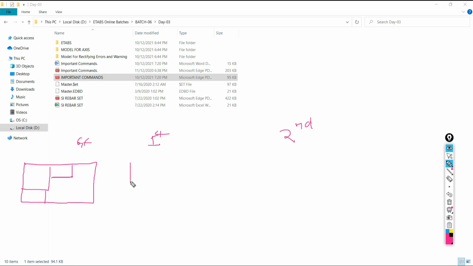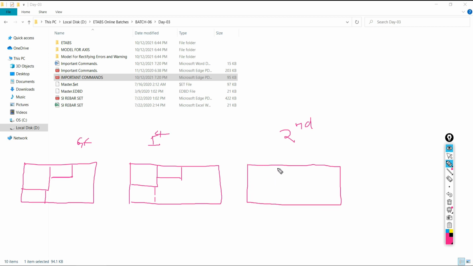At the first floor, the same thing is there: passage, here the WC, here is the passage. It is similar. Now at the second floor, what is going to happen? This part is there, this is a passage, here it is also, and there is a passage, and there is a WC.